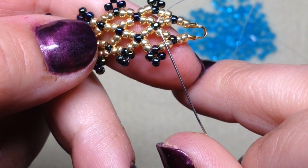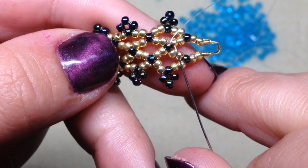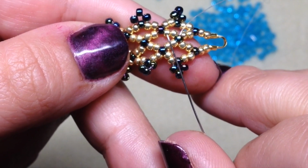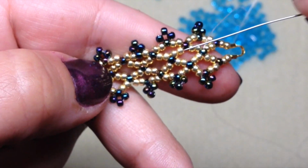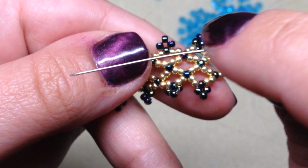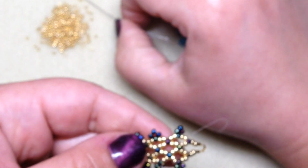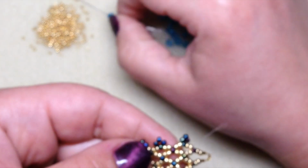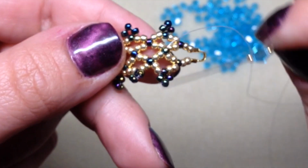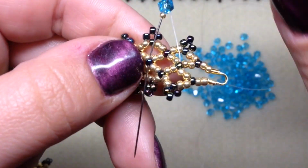Alright, so I worked my way through. I am coming out of one side of this embellishment color bead right here, and I'm going to start by popping in a crystal right in the center of this diamond. So we're just going to go all the way down the center of our bracelet, then we're going to be coming back around and then finishing the other side. So if you're coming out of that bead there, go ahead and put on a 15-0, a crystal, and a 15-0 on your needle. So go ahead and do that, and then go through this other embellishment bead on the